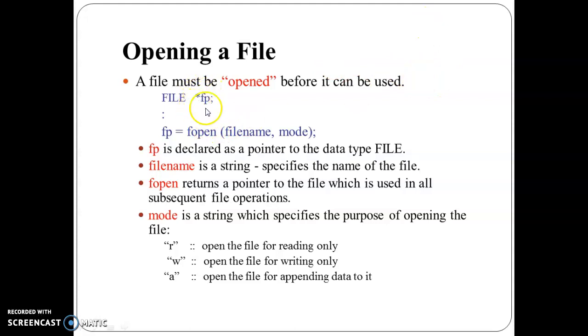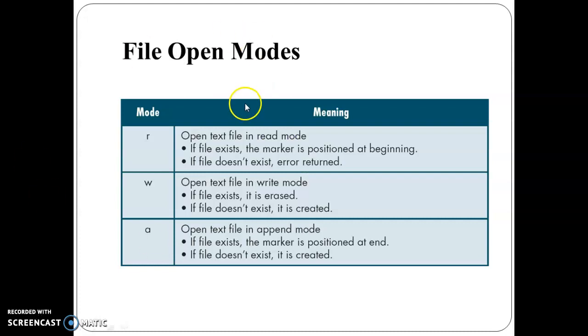First I need to create the file pointer *fp, and then with the help of the fopen function, the first parameter is the file name and then the mode in which it is going to open. Here are the three modes which are given. r is nothing but open the file for reading only the contents. w is the mode to open the file for only writing the contents into the file, and a is appending the data to it. So we are having some programs. With the help of programs you will clearly get the idea, right? So this slide is very important.